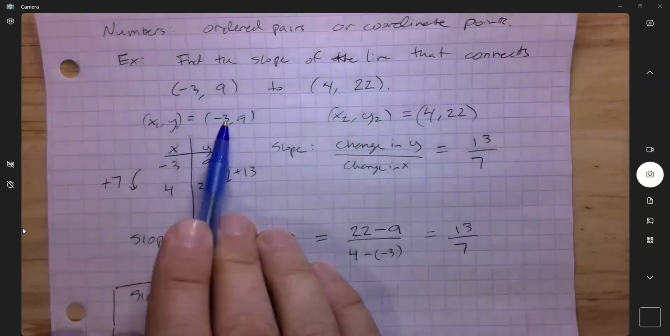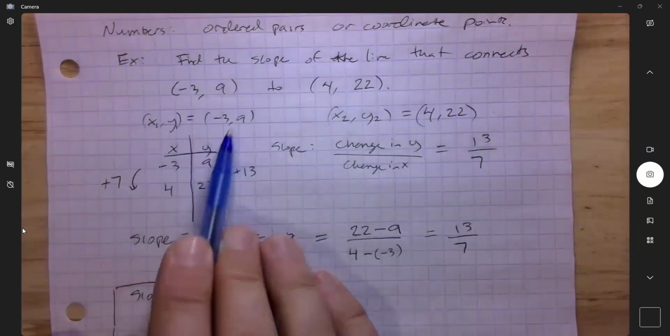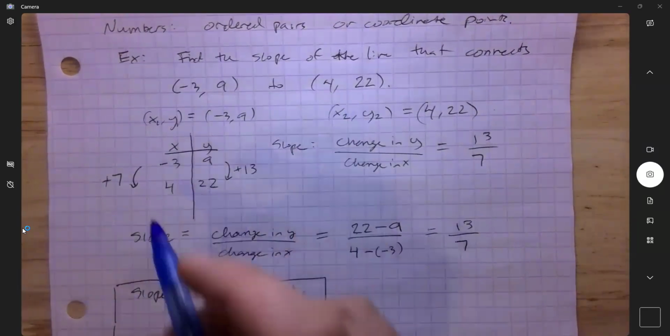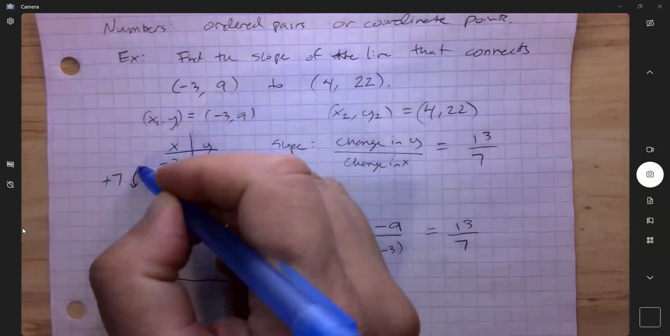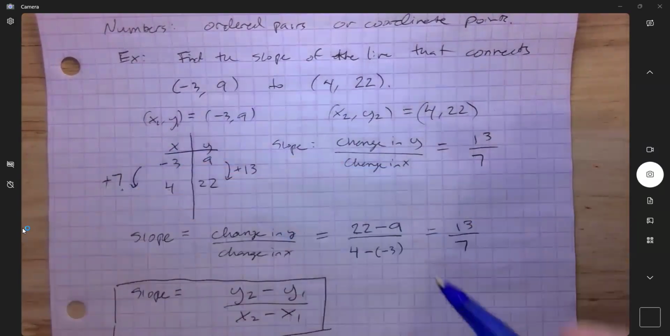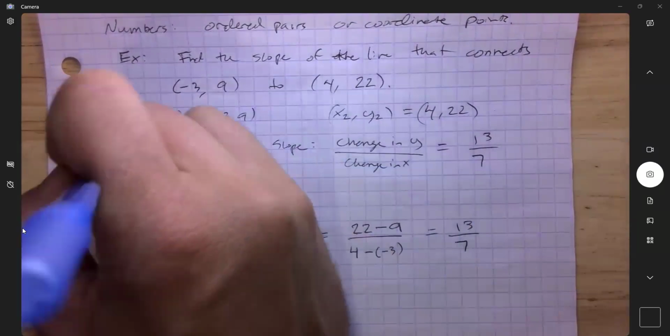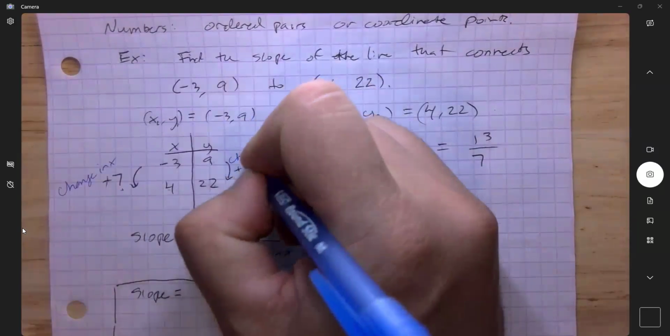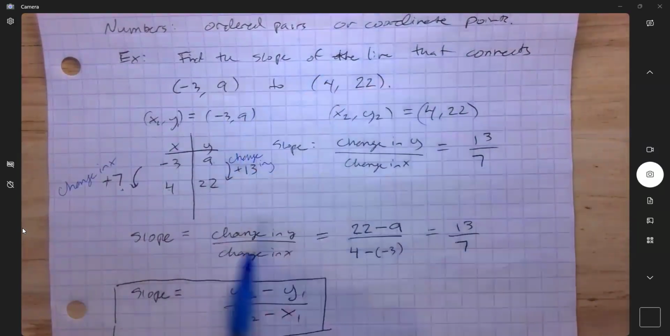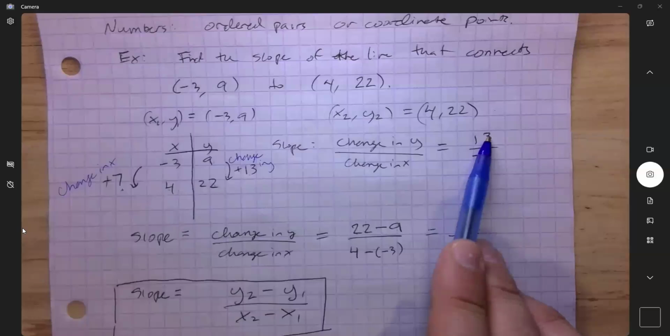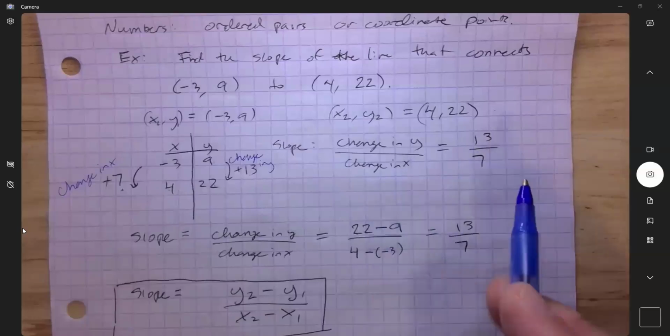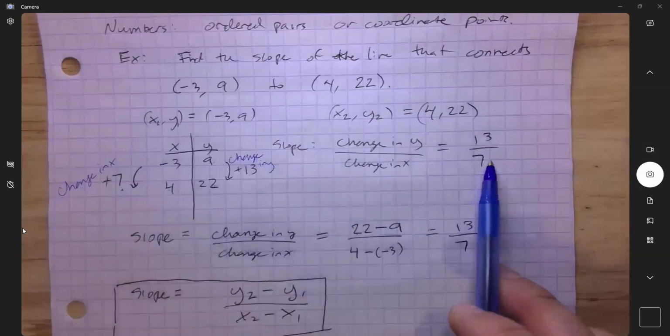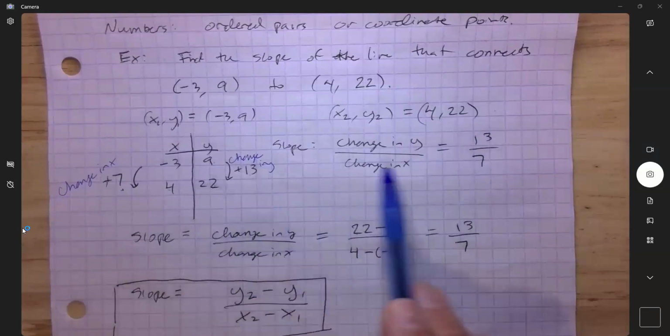So if I build a table, my first entry is x is -3 and y is 9. And my next entry is x is 4 and y is 22. And then I just look at how it changes. From -3 to 4, I have to go up by 7. That's my change in x. And from 9 to 22, I go up by 13. That's my change in y. And so the slope is the change in y divided by the change in x. The slope is 13/7. And I've used my numerical skills, my tables that I've been practicing to find the slope